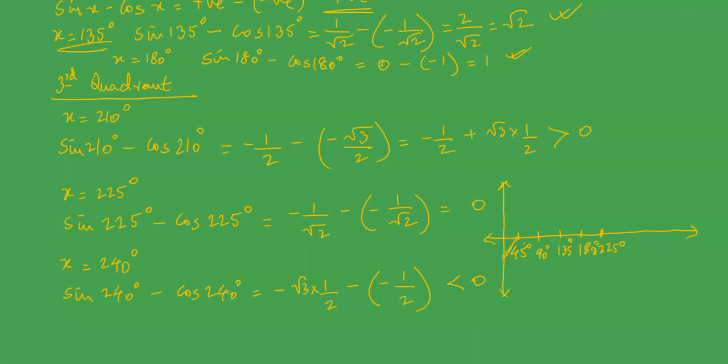I do not know where the y-intercept is. I am not interested in that. It is the 0 degree thing. So sine 0 is 0, minus cos 0 is 1, so it is -1, so it will be over here. This one is -1, and now at 45 degrees the graph is crossing the x-axis. And it will be moving up above the x-axis. And how far does it move above the x-axis?